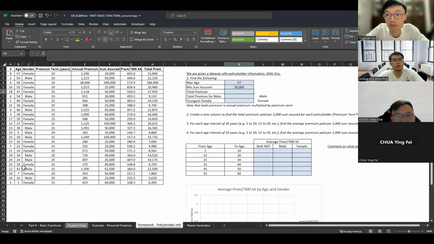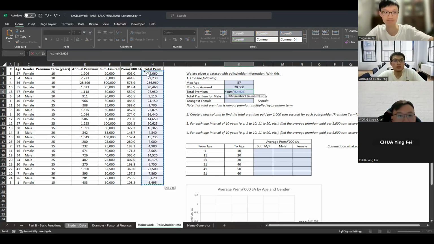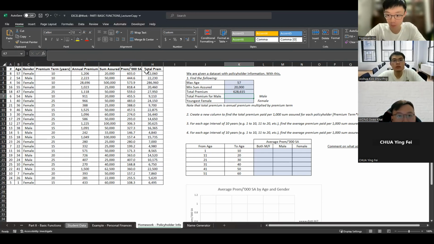For total premium, I did equals SUM H2 to H26. Yep, looks about right. And then for total premium for male, I did SUMIF, equals SUMIF C2 to C26, then comma, male, comma M7, then after that H2 to H26.